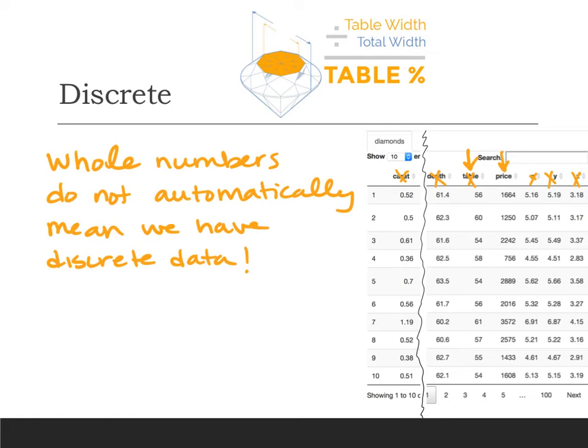Even if money goes to the nearest penny, we're then counting pennies. And that would be a lot of pennies if we're talking about $16,000 or $1,600. But still, I could have a number of pennies if that dollar amount had a decimal and two more numbers after it. So most of the time